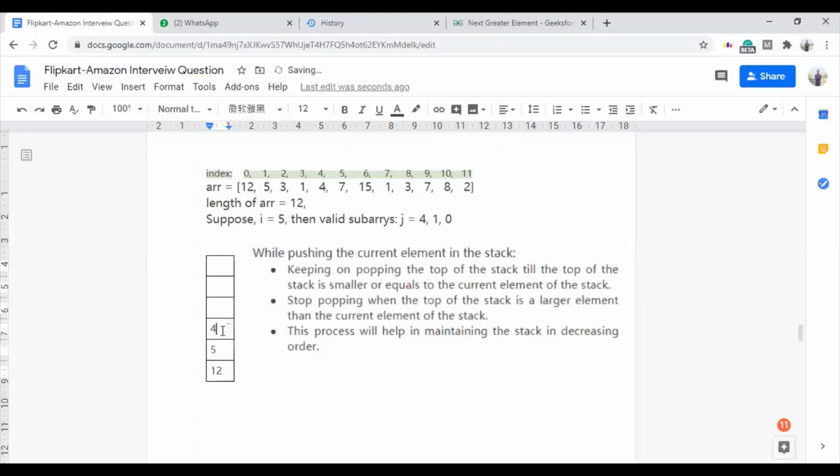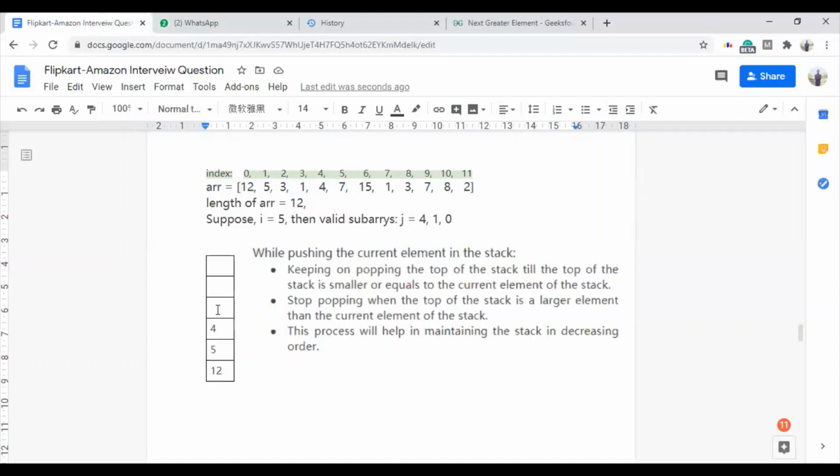So you can check that at any point the stack is maintaining only the values which will give us the valid subarrays, right? Now we will get the values 4, 5 and 12 from the stack. Okay. Now suppose the ith pointer is incremented and now the ith pointer is pointing at index 6, that is at value 15. Now the jth pointer can also take value 7. So we will push 7 as well in the stack, as all the previous values have already been pushed in the stack. So no need to push them again. We just have to push this 7.